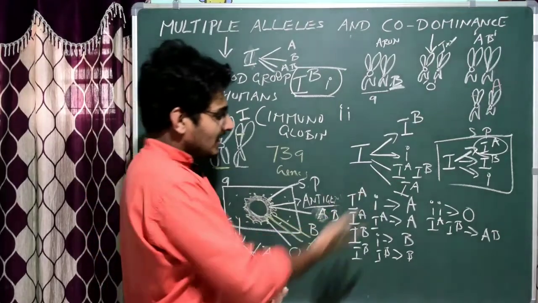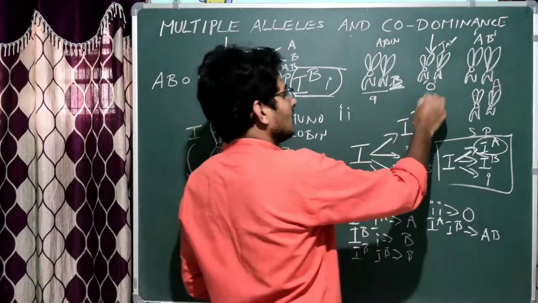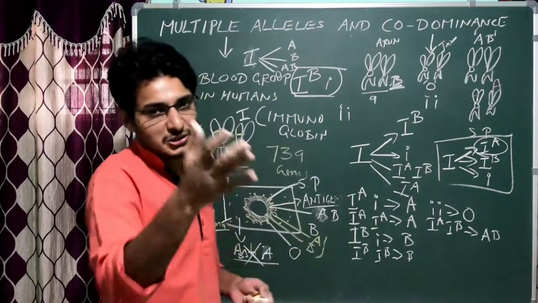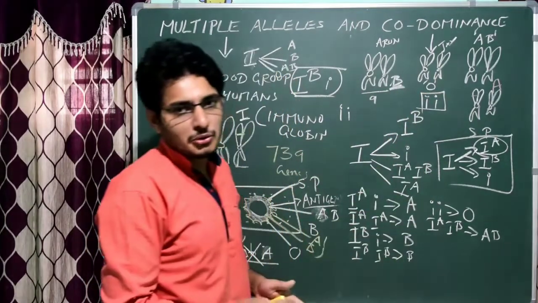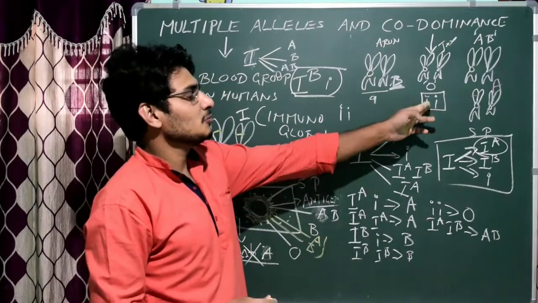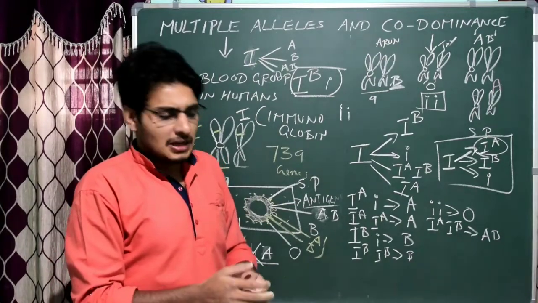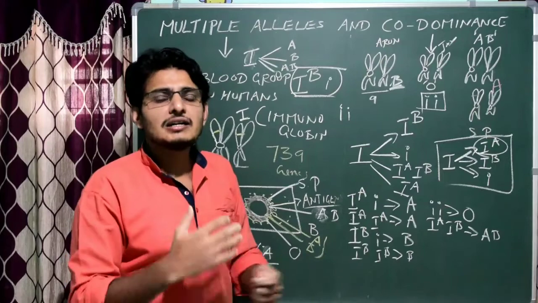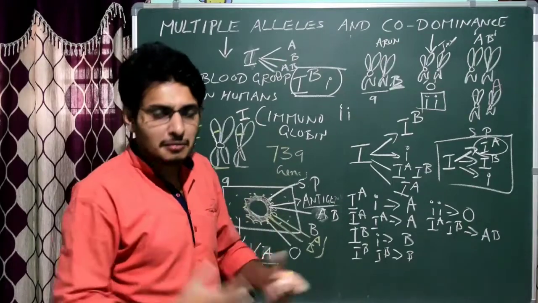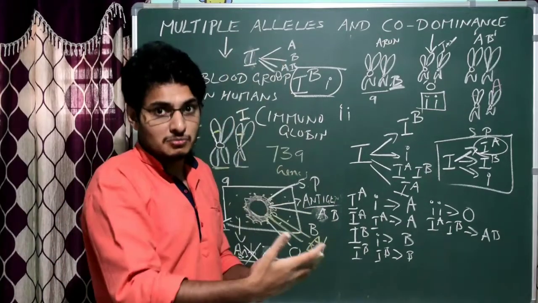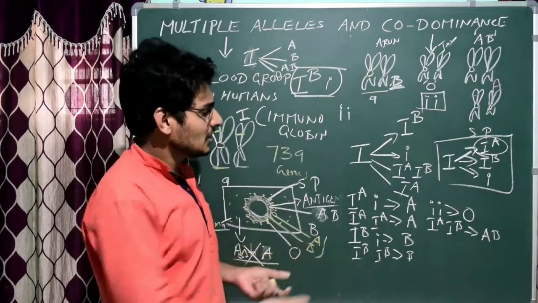You can find your blood group by taking your father's and mother's blood groups. For example, if your mother is O blood group, then it's very easy to find your genotype, because it is 100% universal that blood group O does not produce any surface antigens. Obviously it is small i. So that is multiple allelism. What is the definition of multiple allelism? It is a single gene which occurs in multiple forms for a character. The character is the blood group, and there are many forms: A, B, AB, or O blood group. That's it. So please write this down.